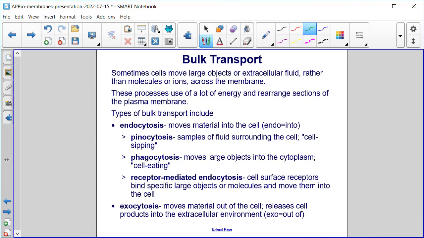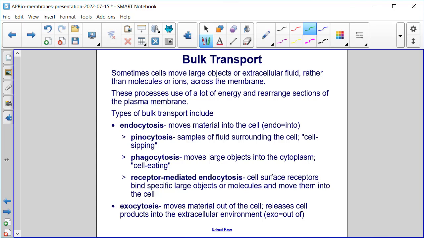endocytosis, which moves materials into the cell, endo meaning into, via three main processes. Pinocytosis is when samples of fluids surrounding the cell are brought into the cell. This is called cell sipping. Phagocytosis moves large objects into the cytoplasm. This is called cell eating because it's an object rather than a fluid. And then receptor-mediated endocytosis is when cell surface receptors bind specific large objects or molecules and then move them into